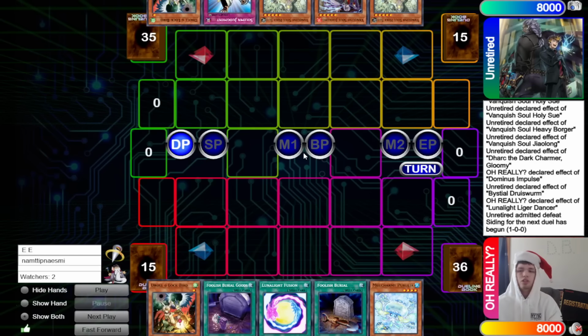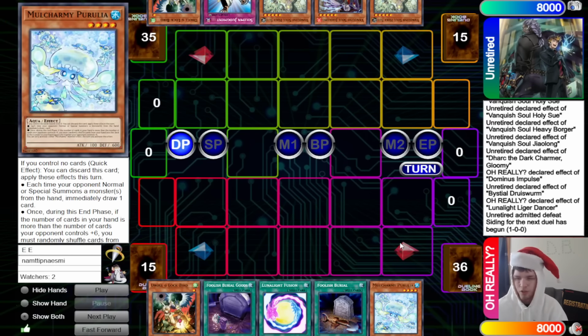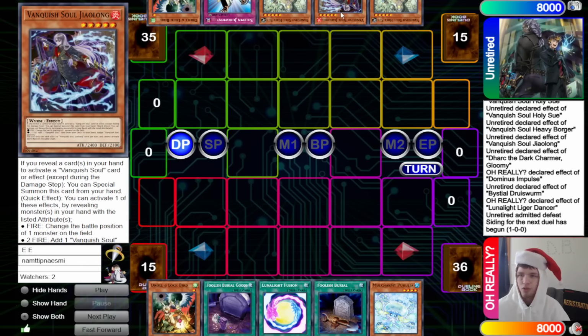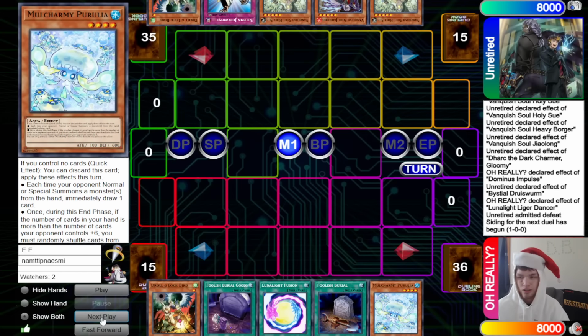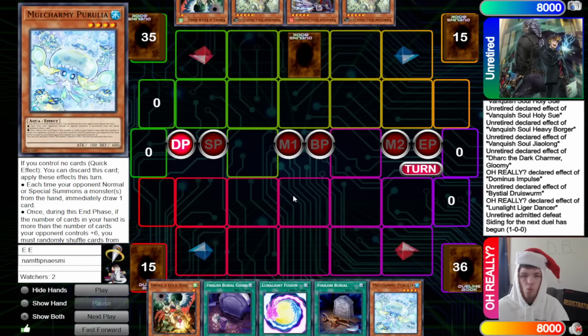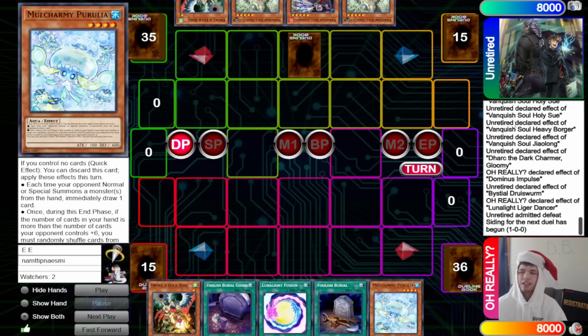Now we have Droll, Foolish Burial Goods, Lunalight Fusion, Foolish Burial, and Perulia. They have Holy Sue, Jiaolong, Holy Sue, Judgment, Droll. Okay, so... Dude, there's no way! There's just no way. Like, really? We don't draw Perulia straight away again? Like, okay, here's the thing, right? Is like...